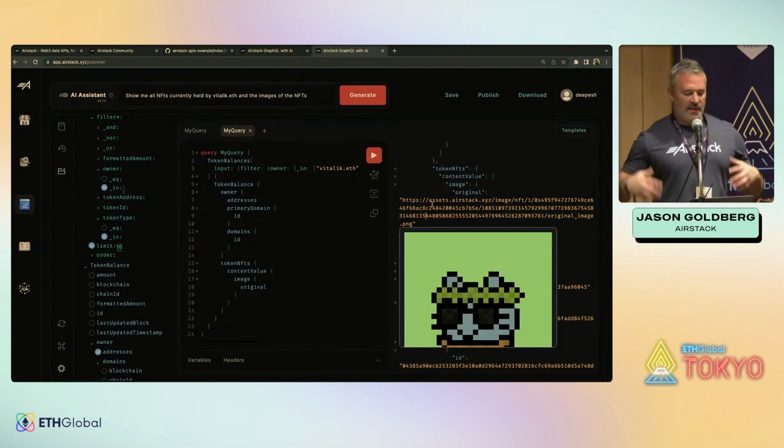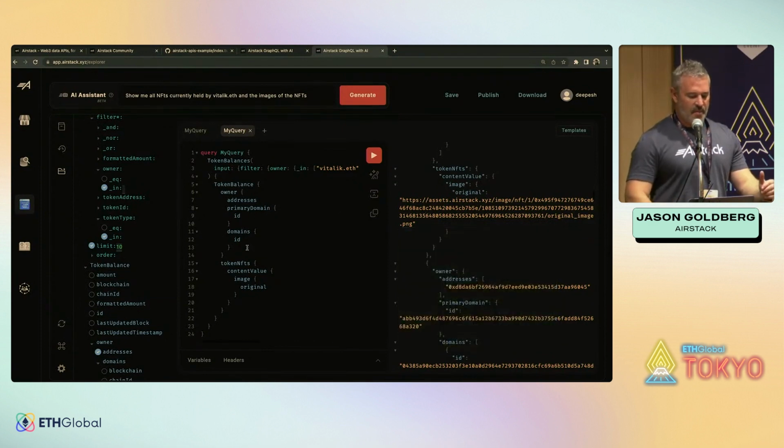So this AI assistant is intended as a way for you to get started very easily. If you're not comfortable with GraphQL, you can just use the AI assistant. Even if you are comfortable with GraphQL, you can start with a query through the AI and then edit it and add other dimensions to it. But let's back up a little bit, and Deepesh will show everyone the nitty-gritty details of the APIs,